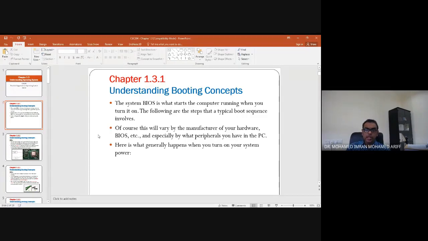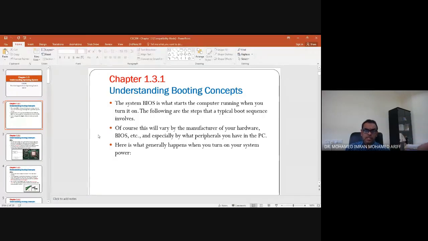So this is what we are talking about in chapter 1.3. How does the operating system get loaded inside your PC? This same concept is also applicable to other operating systems, such as Android on your phone, Linux, or if you are using Mac, iOS.